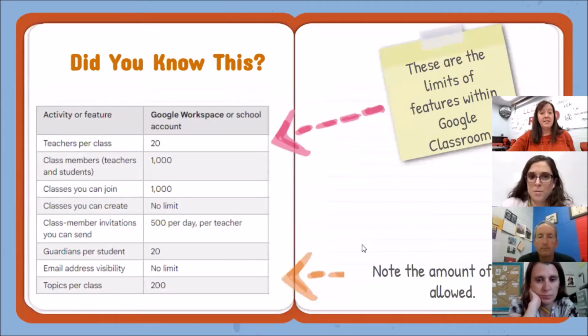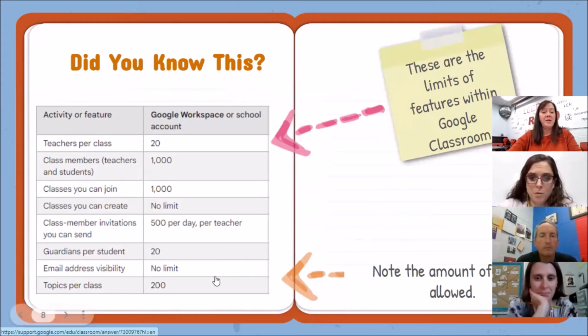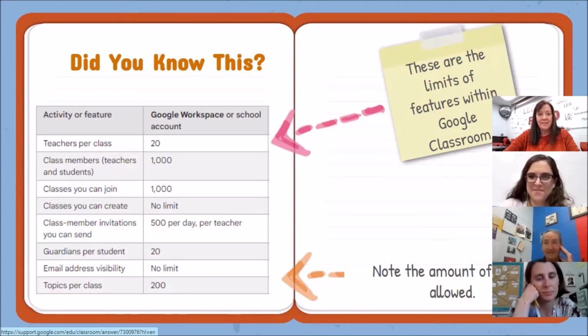So a couple of things you may not realize about some parameters that we have in Google Classroom. The bottom one is important, topics per class. We used to be limited to 100 topics. They've expanded that to 200, which is great for people. There are people who organize their topics by day. I like what you're doing better, Jamie, where you have it by week and then assignments by day. That seems a little bit